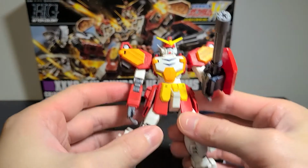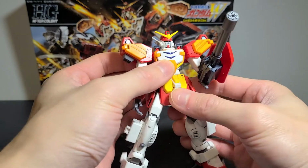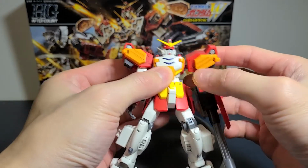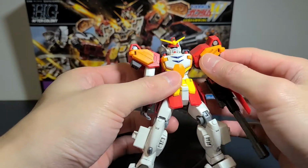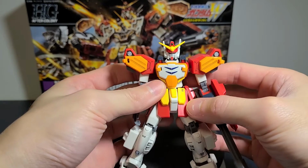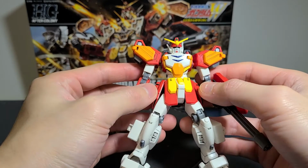Okay guys, today we're taking a look at the HG Gundam Heavyarms. It's the newest one that just came out, the newest version of the Heavyarms that I know of. And I'm actually very impressed with this kit. He's super anime accurate, to me, in terms of color scheme and all that stuff, so he looks